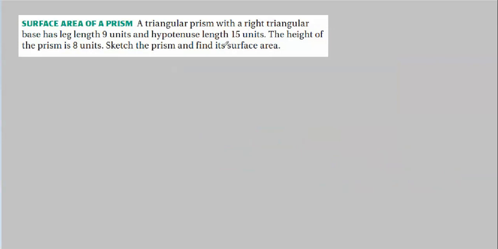Well, since we've learned about nets, I don't see the point of sketching the prism. The whole purpose of this is to find the surface area. And the cool thing about nets, if there's anything cool about them, is that they make it immediately obvious what the surface area is once you've laid it out. So why don't we just produce a net and sketch the net instead of the prism? That's what I would do. Makes more sense to me. If what you're looking for is surface area, why do you need to draw a three-dimensional prism? Draw the net.